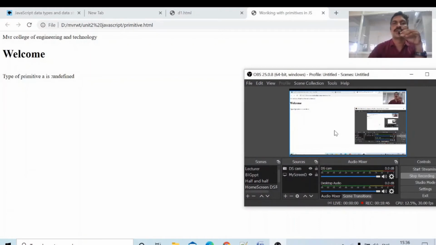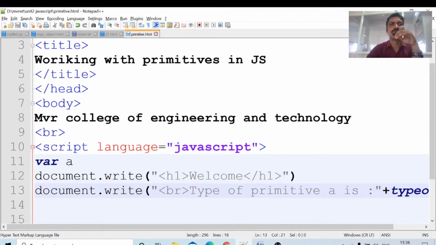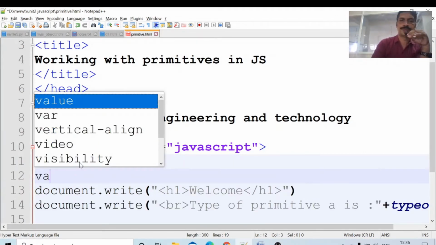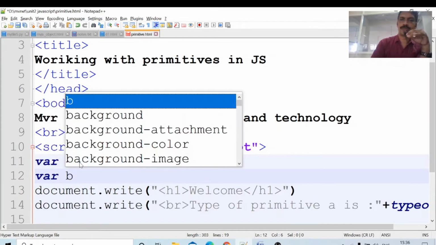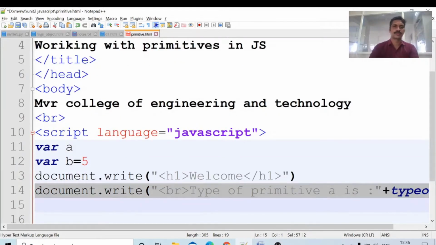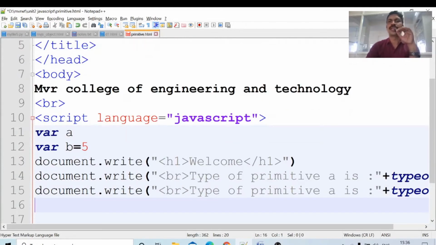Next, in this file only I will do all this work. I will declare another variable, b, equal to 5. In b I am placing the value 5. Type of primitive b is.